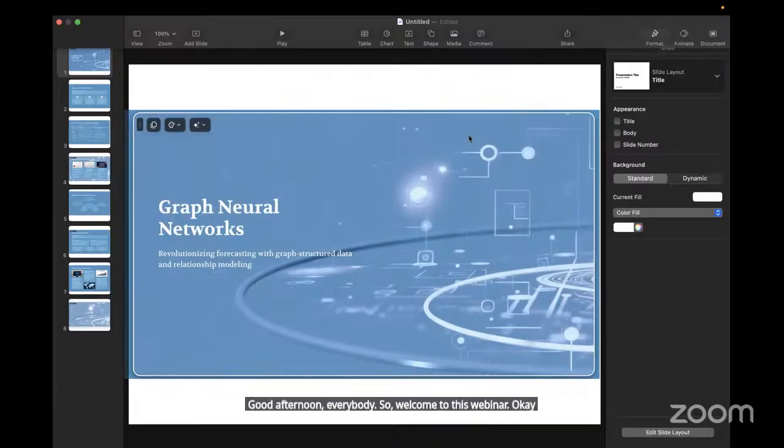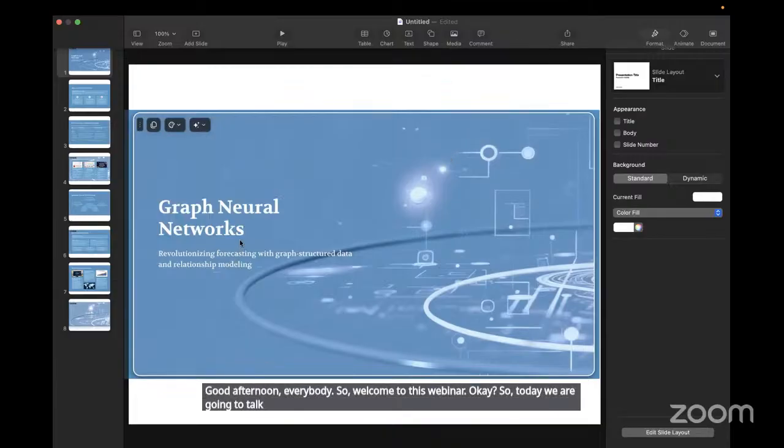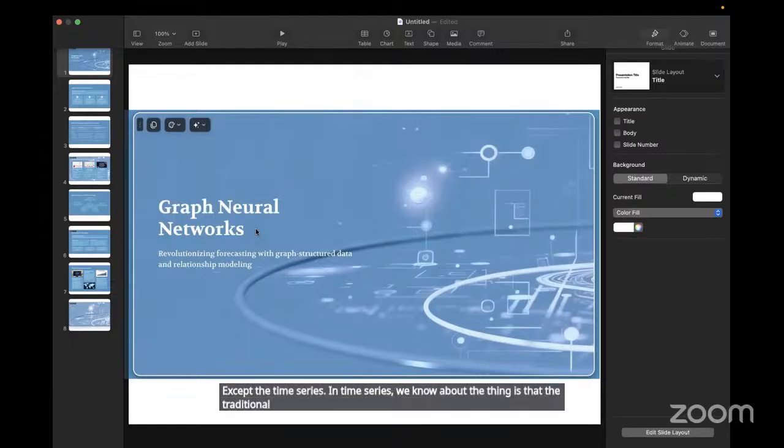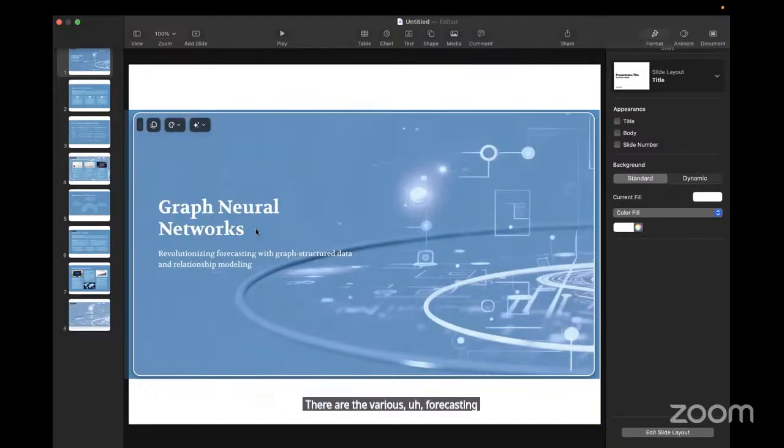Okay. So, today we are going to talk about graphical neural networks. This is a new way to do forecasting in different forms of projects, except time series. In time series, we know that the traditional forecasting methods are very good. There are various forecasting models, XGBoost and other models, which are very good in predicting time